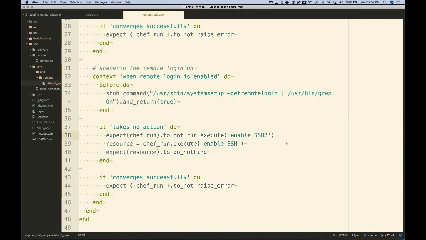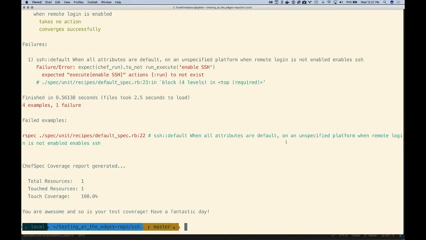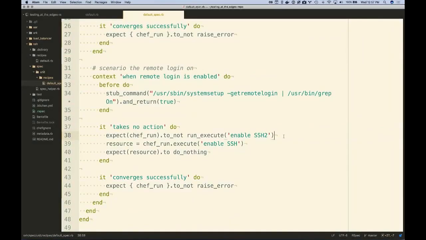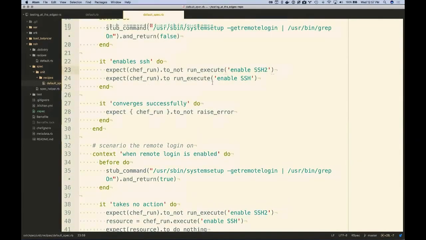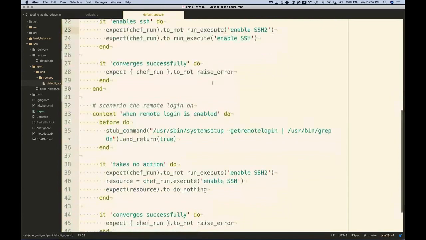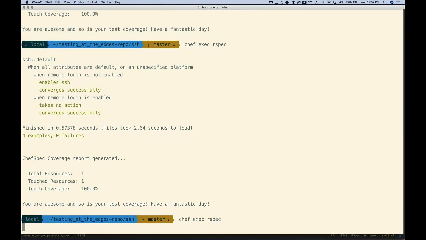Like I've said, hey, enable SSH2 or some sort of different value. I should probably put this inside of here as well. So I'm going to put this in both of those locations. With this sort of typoed version, or this expression in this way, you're going to see everything pass